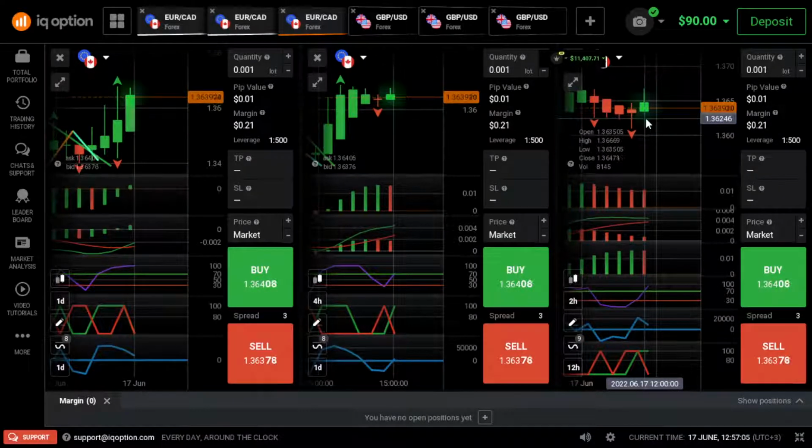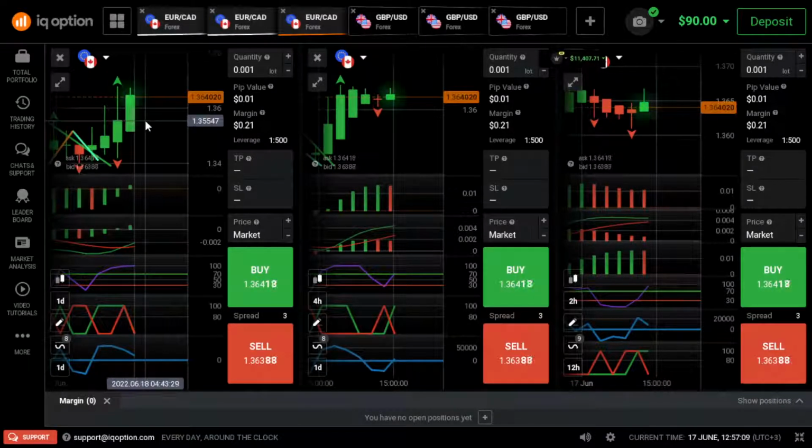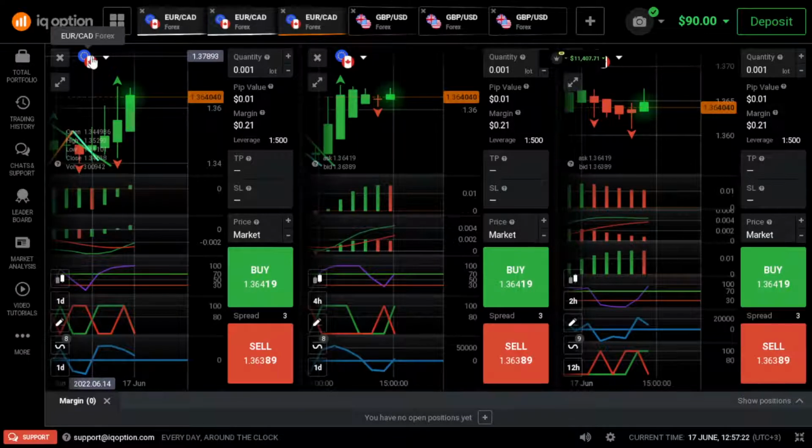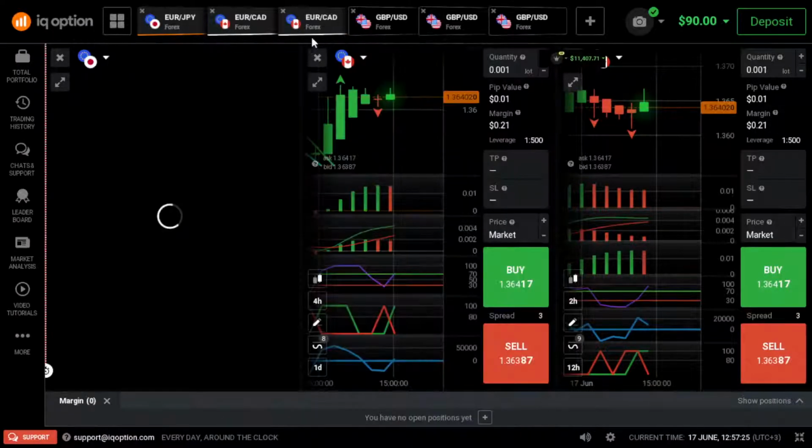So probably in the next 2 to 4 hours we are still in an uptrend, but we're going to be experiencing some correction probably in the next 24 hours. So as per now, just look for an entry point, of course, that goes into an uptrend. That's for Euro CAD. Looking at Euro JPY,